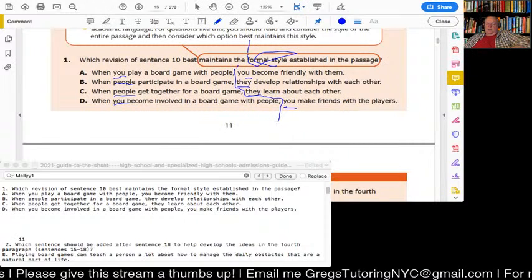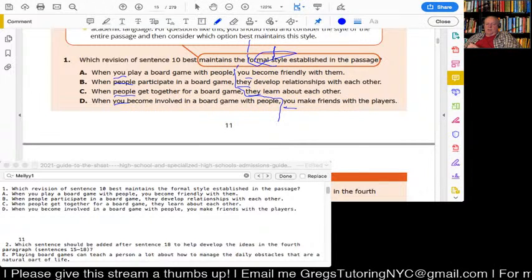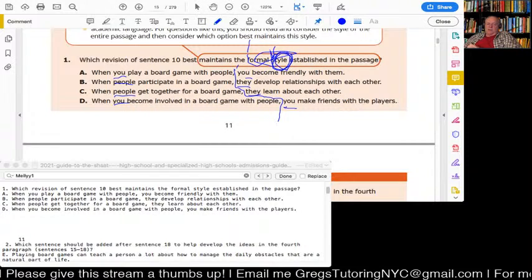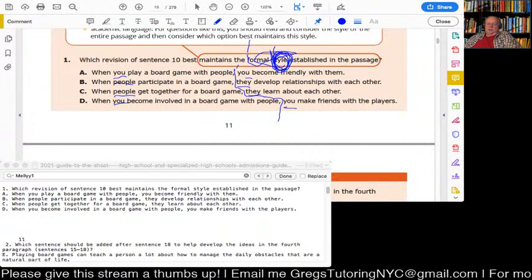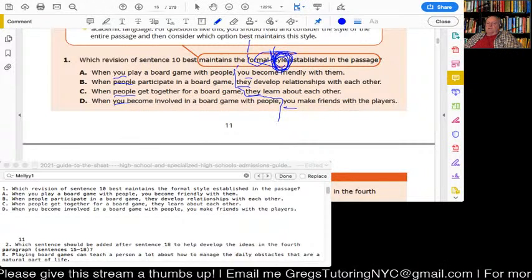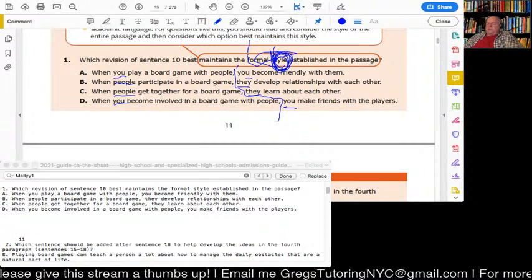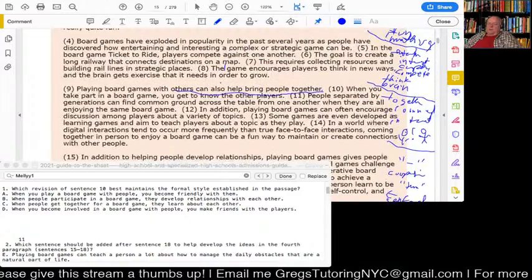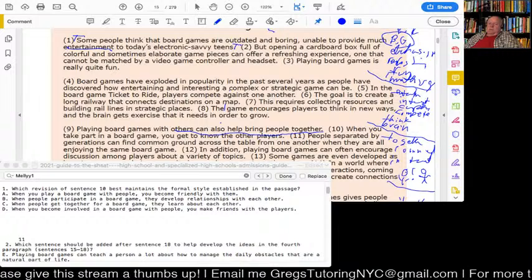Okay? So it's asking you about the style here. There's no other question here. This is strictly about the style of the passage. So in terms of the passage, was it first person? Was it active voice? Those are the kinds of things you're looking at here, which involves the tone. So if you look through the passage, right,